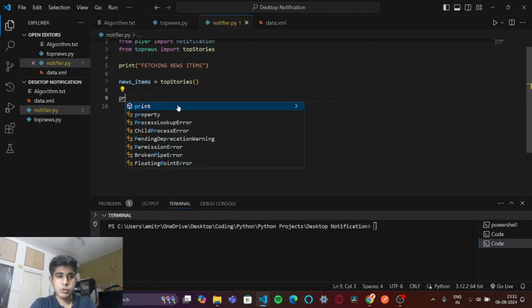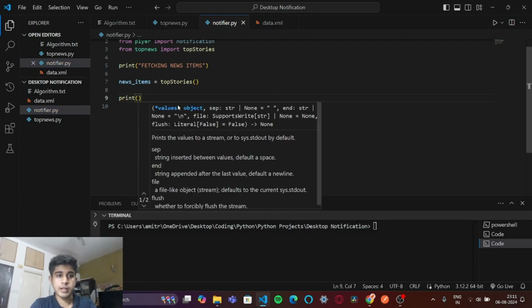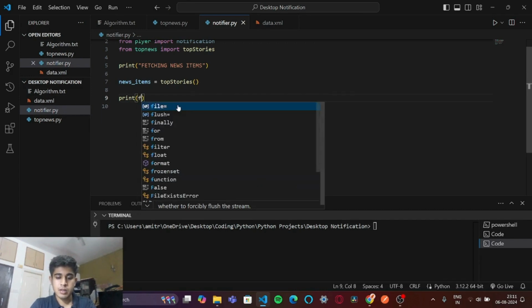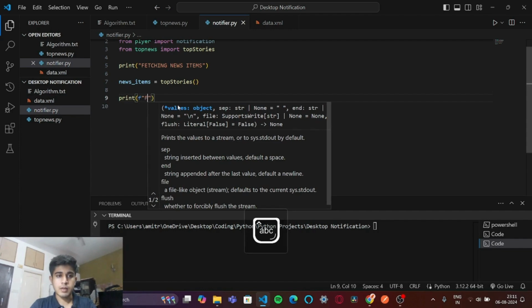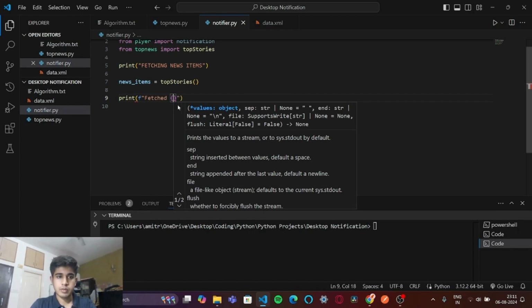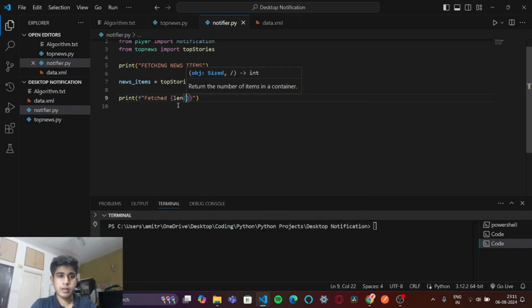So let me show you how many headlines I'm fetching. Print an f-string saying maybe fetched, length of news items, headlines fetched. If I run this,